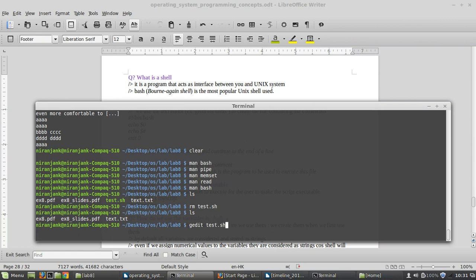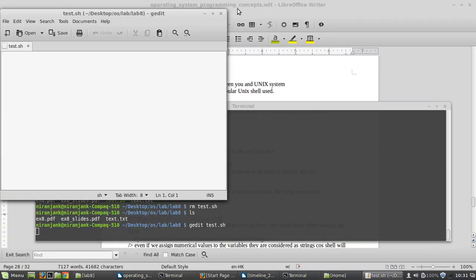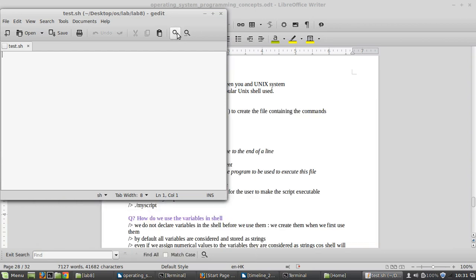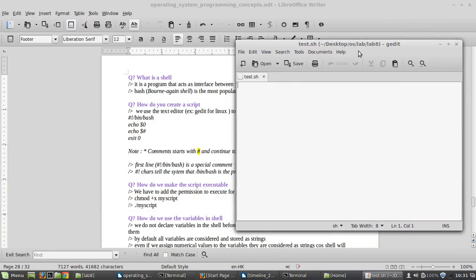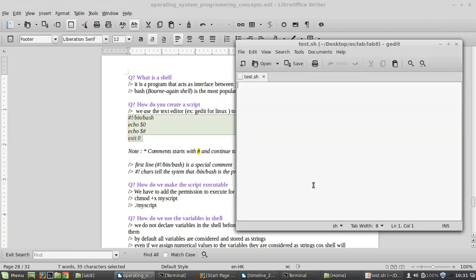Okay, let me create it now with gedit. This is my text editor. Now let me create a new shell file, test.sh. So this is a new file that will be created. Alright, so right now I will just provide you a simple